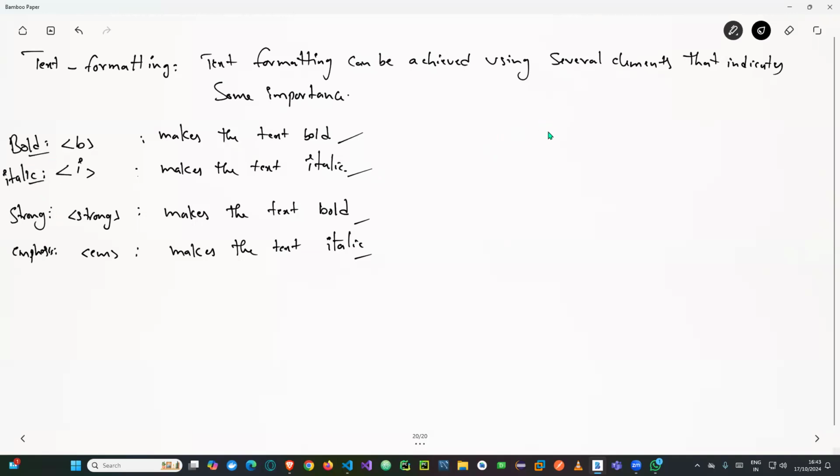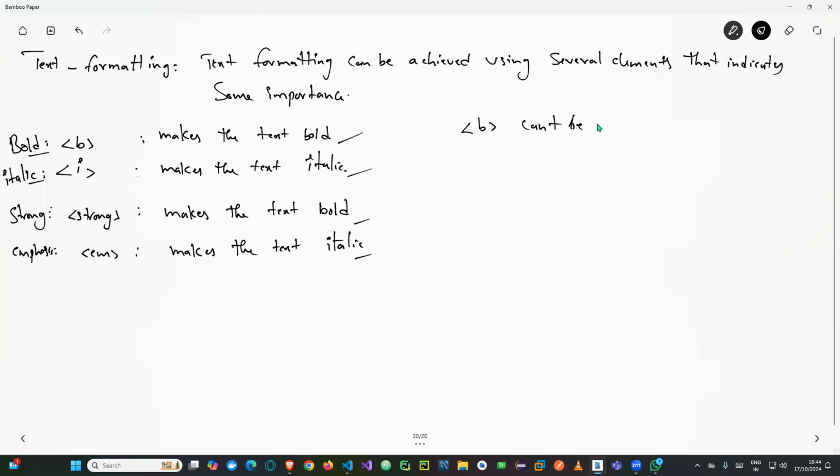But if you want to change later, like 2 or 3 years later, if you want to modify those text contents or those important words into some other thing, then if we use bold or italic, we need to go to each and every word and change it from bold to some other format. We need to remove it. It can't be done through CSS. Bold tag